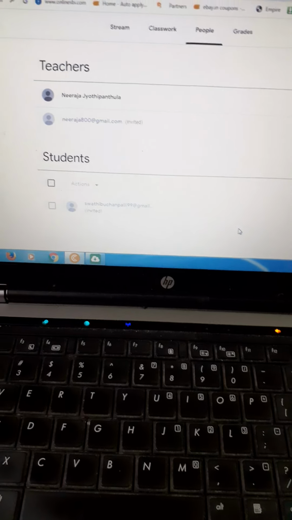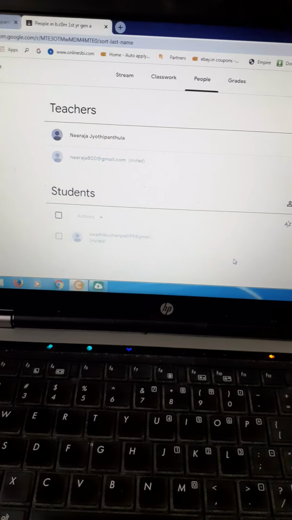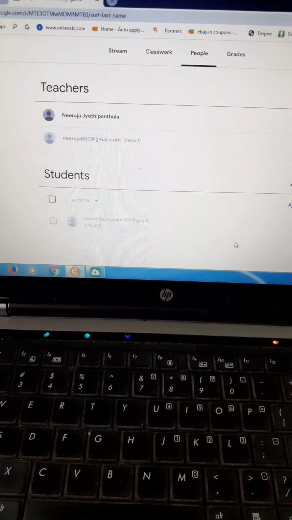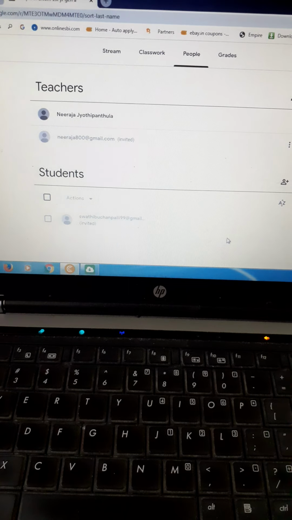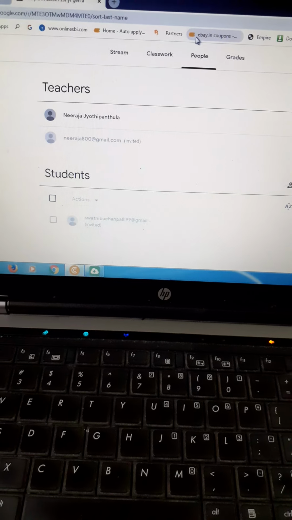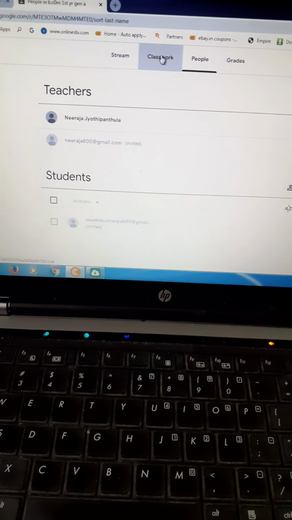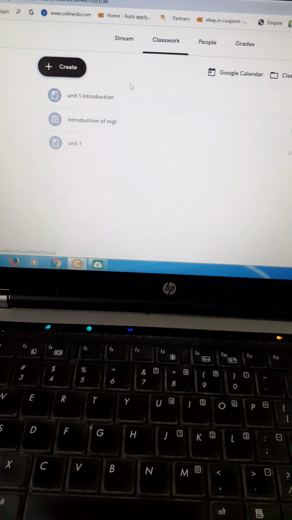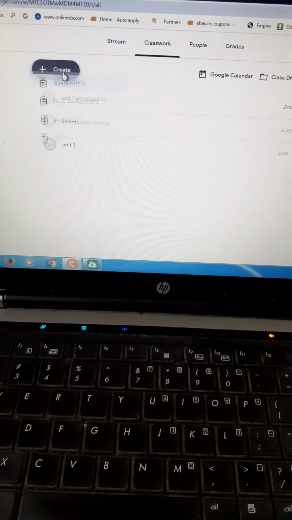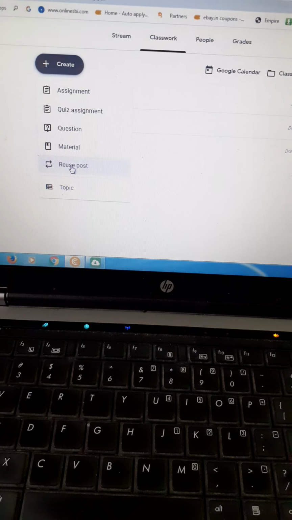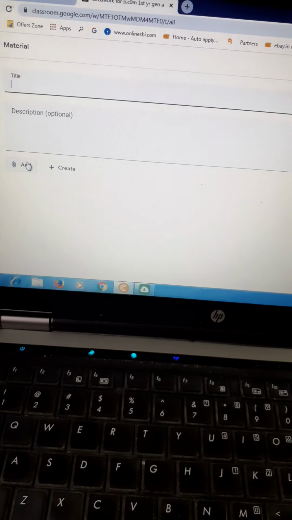Okay, so we created a classroom, and we added people and faculty also. Now to this classroom we have to assign work, class work. In class work we created some introduction of the unit. Or for example, if I want to send some material, here there is add material.